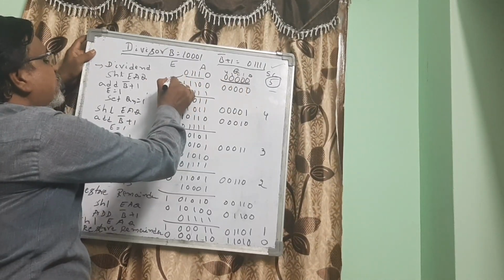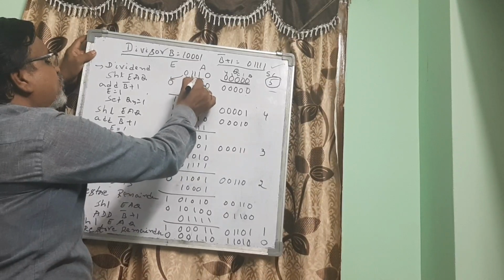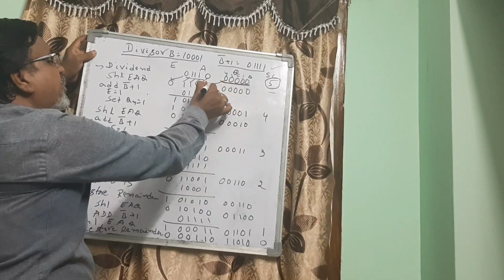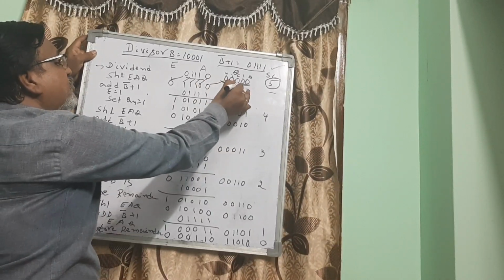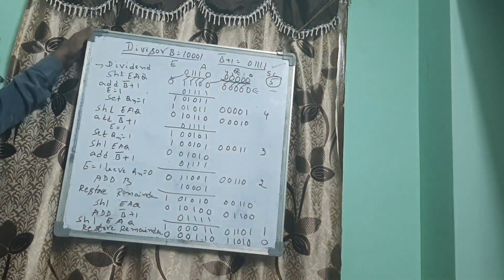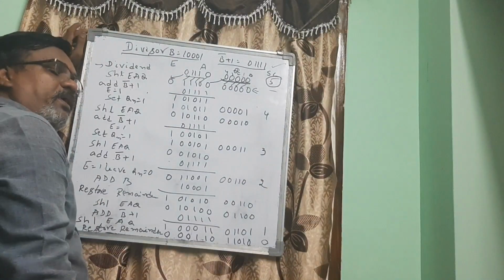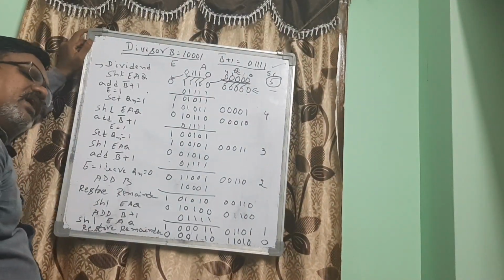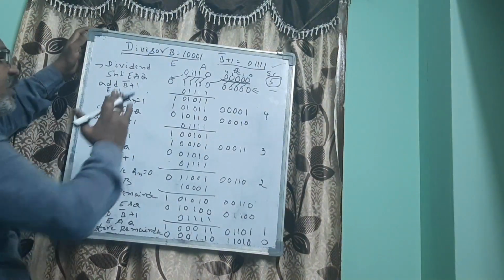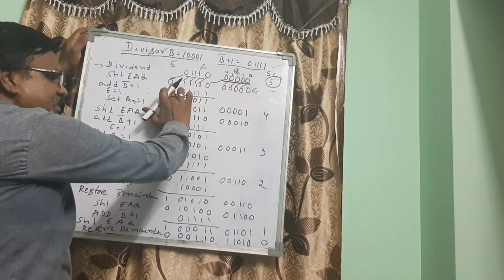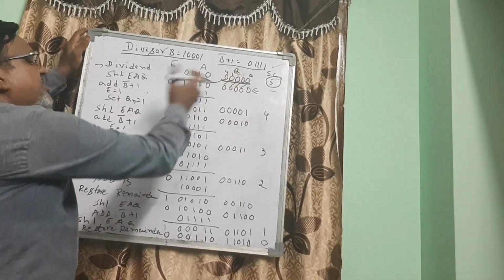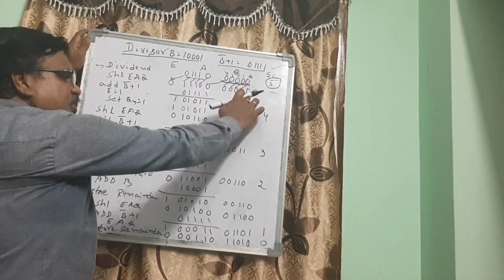So this comes to here, 1 comes to here, 1 comes to here, this comes to here, this 0, and then the most significant bit will come to here, this 0, 0, 0, 0, and an extra 0 is added. That is the shift left operation. As we discussed in the multiplication algorithm, shift right and arithmetic shift right. Here it is very simple shift left. If it is shift right, we are moving to that side and adding an extra 0 in the last bit position. But here we are shifting left, and after shifting left, we are adding the extra 0 here.